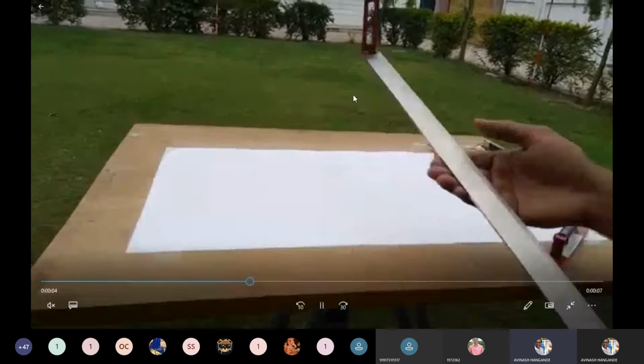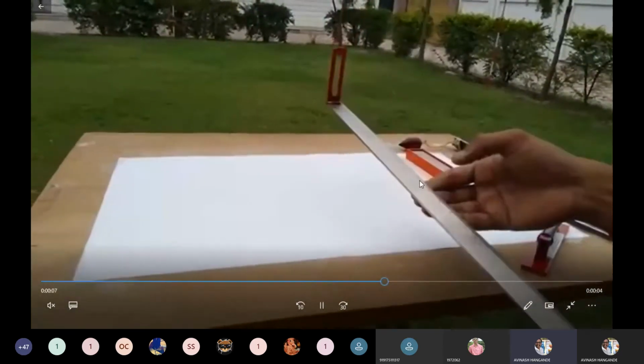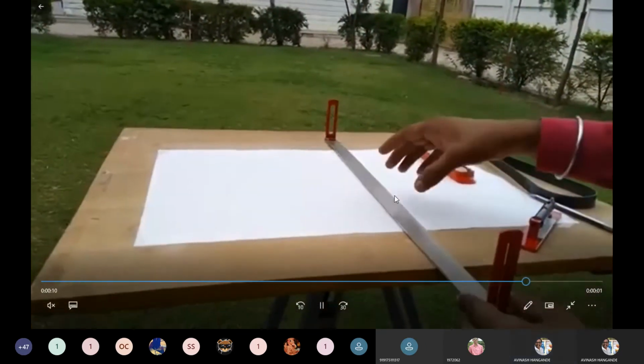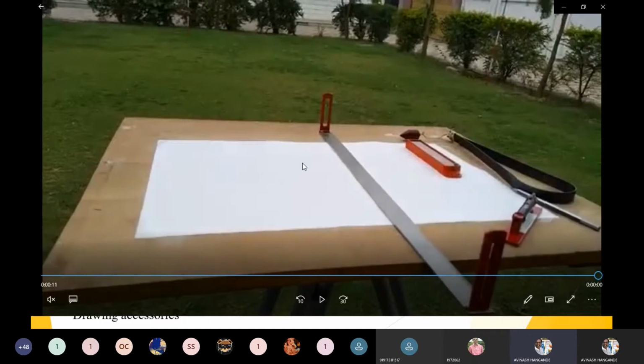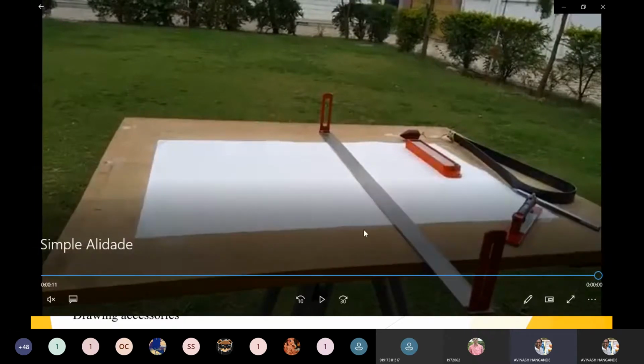So that is the basic use of this alidade, and there is a scale, which helps to mark the line, to mark this distance. Suppose from this plane table station to this ranging rod station there is a distance of 10 meters. We want to plot that distance of 10 meters on this sheet, so we have to use some scale, like 1:100 or 1:200. That distance is converted into centimeters, and with the help of this alidade, the markings are here, we can plot that distance.